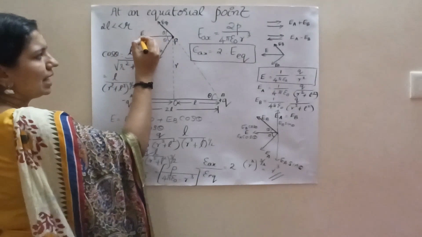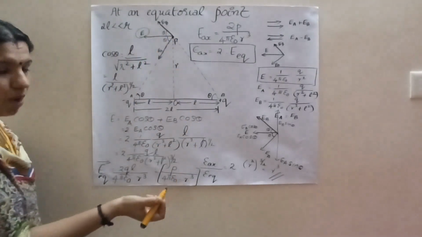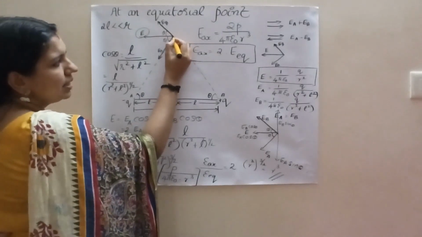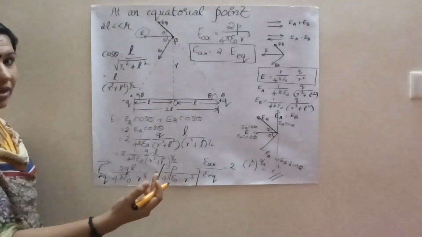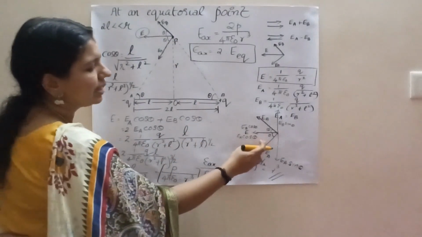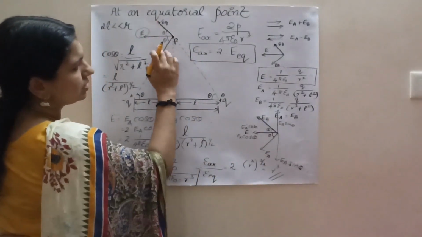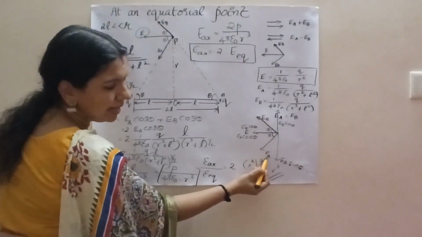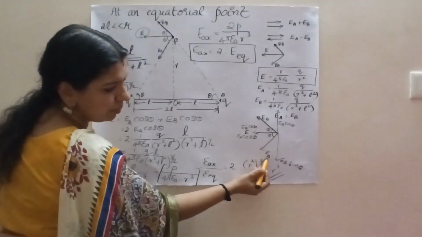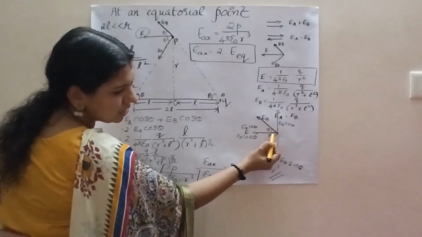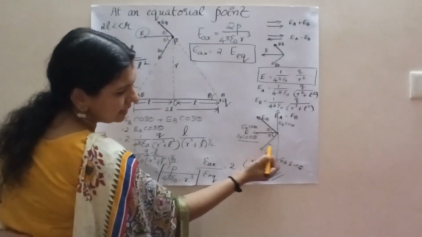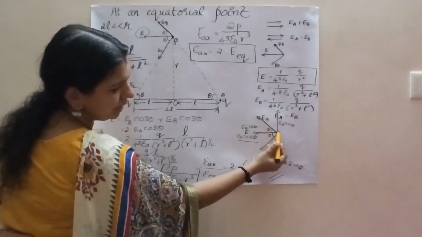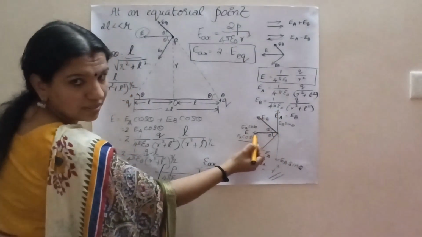So to find this electric field intensity, again there is a problem. What is the problem? This is making an angle theta here, right? So it should be resolved into two components, a vertical component and a horizontal component. So I have redrawn the diagram here. Please listen. This is my electric field EA for the point A. It will resolve into two components, EA cos theta and EA sin theta. Similarly, this EB also resolves into EB sin theta and EB cos theta, right?